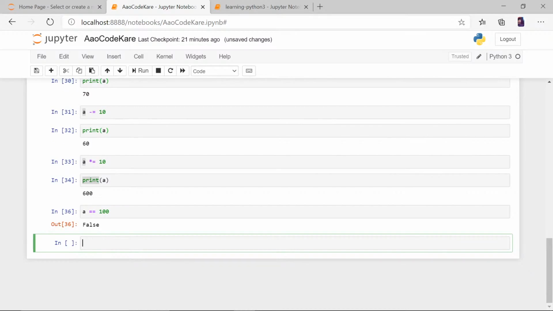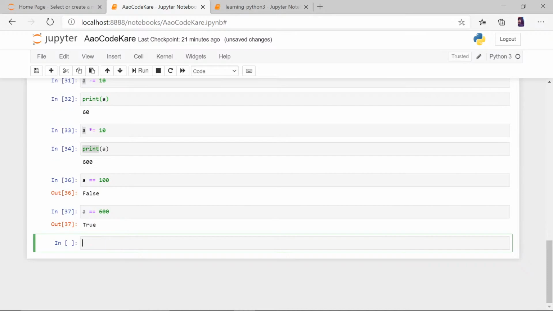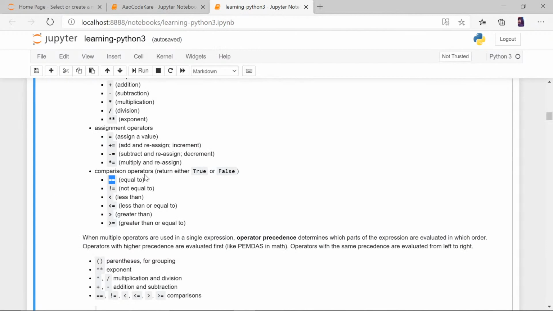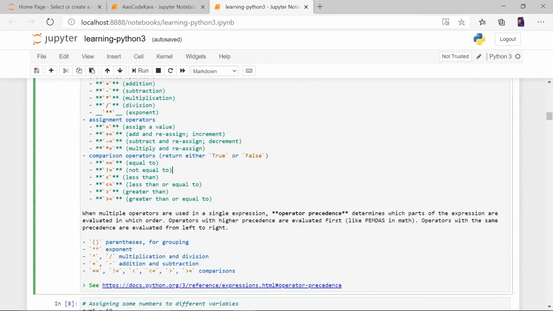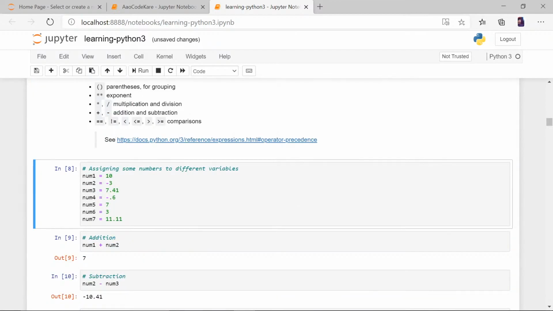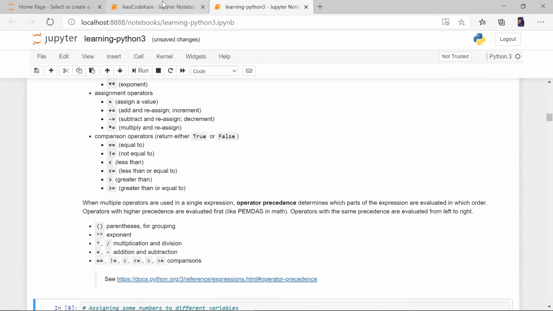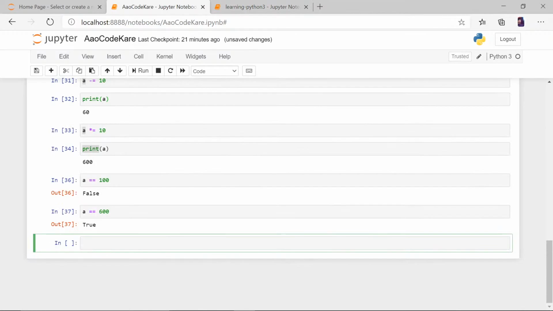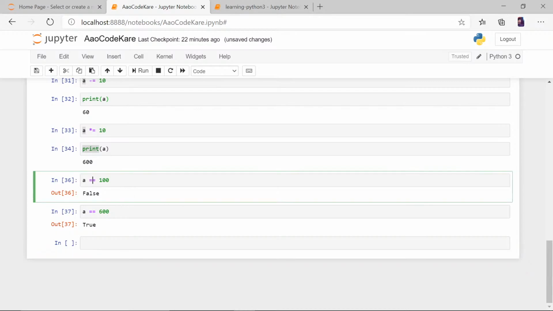False. A is equal to 600. True. So these operators are called comparison operators. They compare the things. They just give you values true and false. If you want to check if the value of a is equal to 100 or if it is not, you'll use a is equal to 100. If it comes false, that means it is not 100. If it comes true, it is 100. This is a comparison operator.